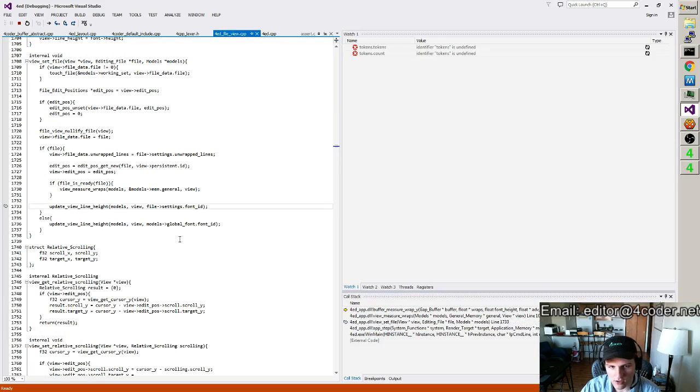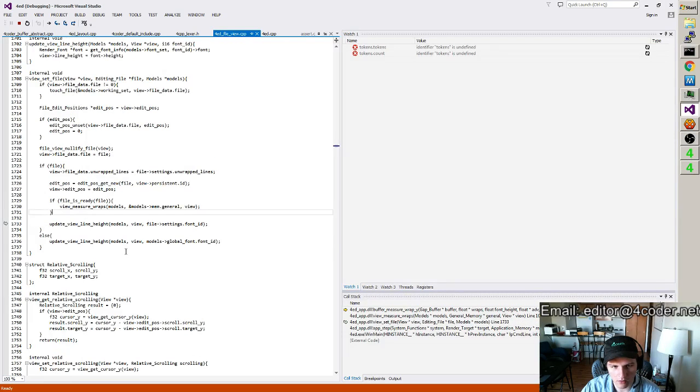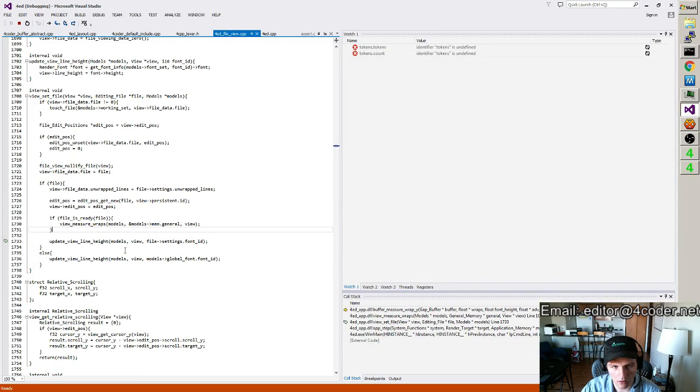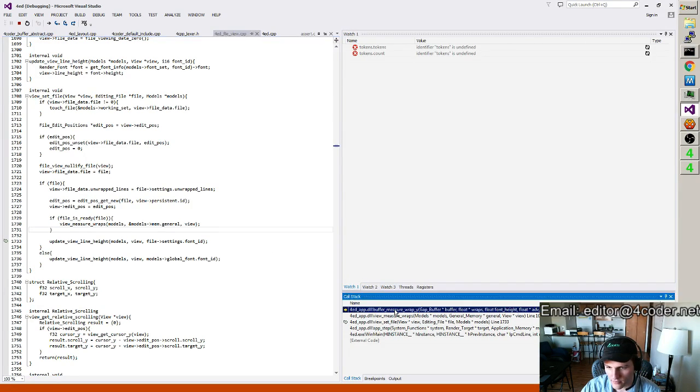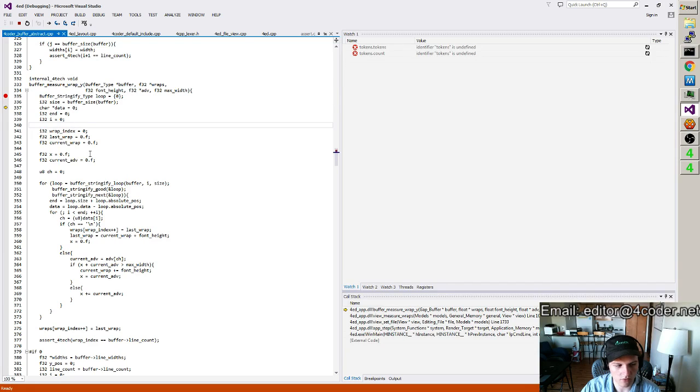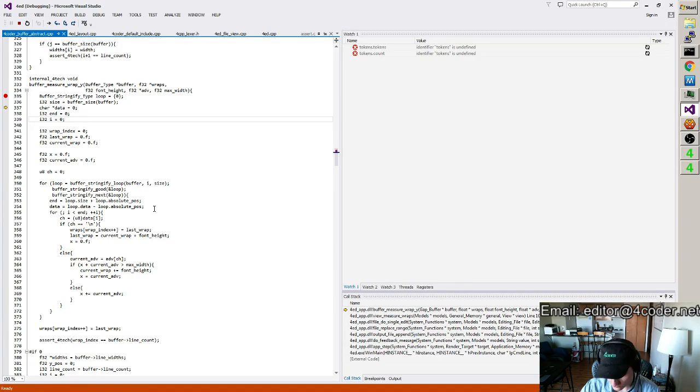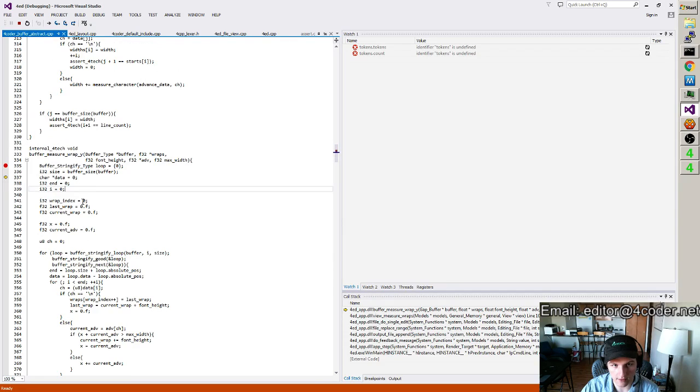How many times are you going to measure wraps on this one poor file? Oh, for goodness' sake. I've definitely got some issue here that I need to address, because it just remeasured that 3 times. There we go. It's probably going to remeasure this one 3 times too. Whew. That's an issue. Alright, we're going to deal with that. Okay, so